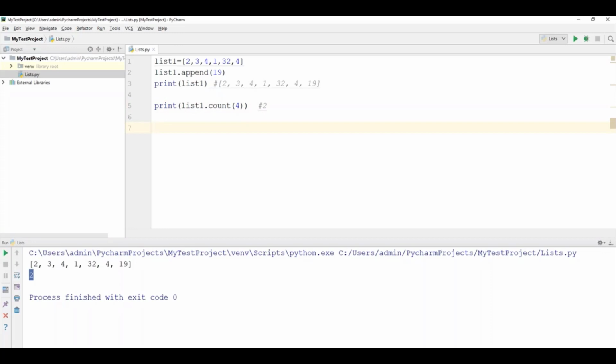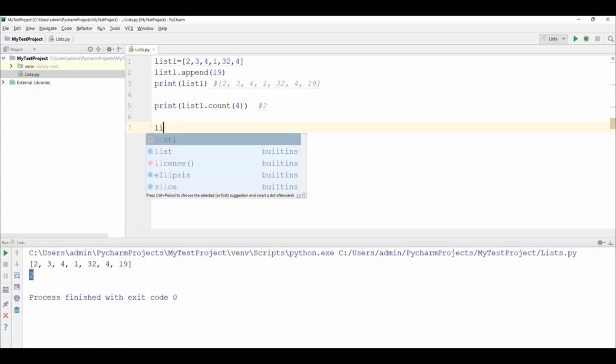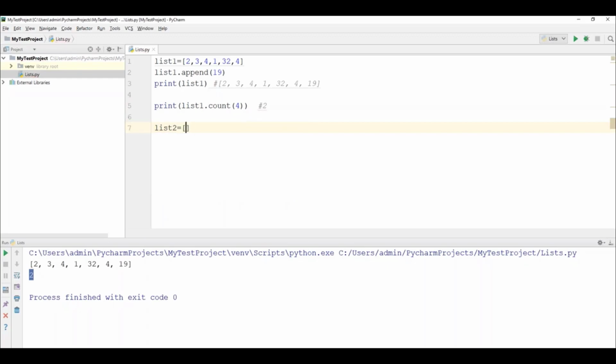Now I will show you one more function called extend. Here I have defined one more list. Let's say list2 is equal to, I put two values here, let's say 99 and 54. Now I want to extend this list. That means I have to add a few more elements. Along with 99, 54, I want to add a few more numbers. List1 is already having these numbers. Now I want to add these list2 values to list1, which already exists. How can we extend? Now I'm going to extend list1 along with list2.